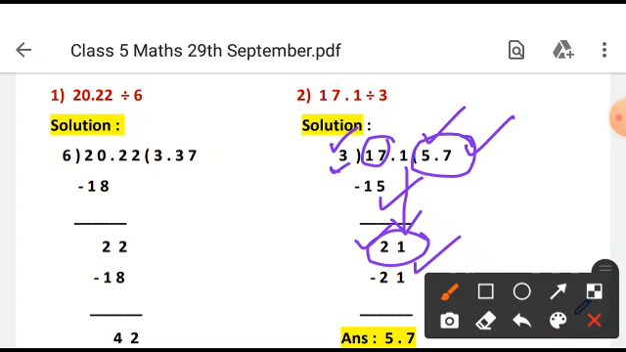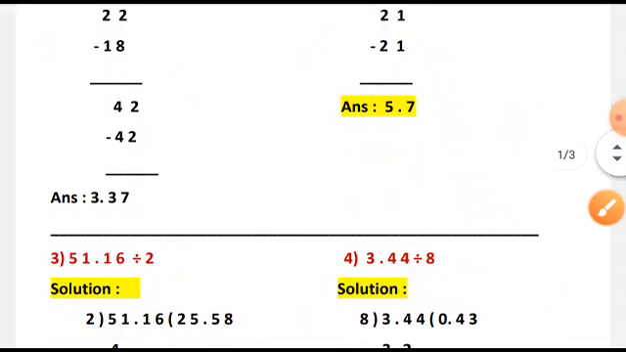Now children, keep in mind where to place the decimal point. Whenever you are bringing down the number from the decimal part, just before bringing the number, you need to put the decimal point in the quotient. Now the next sum,